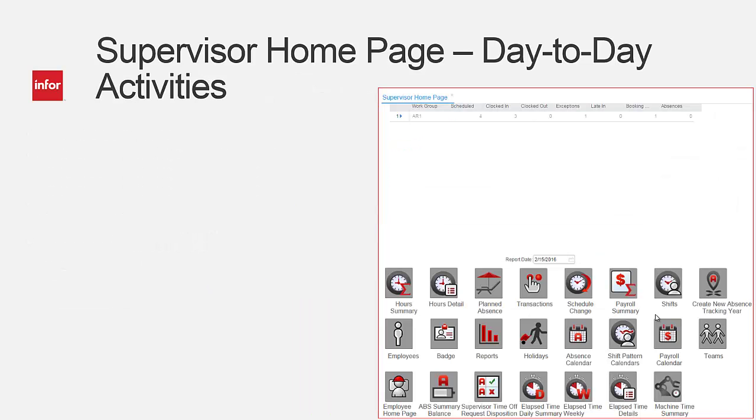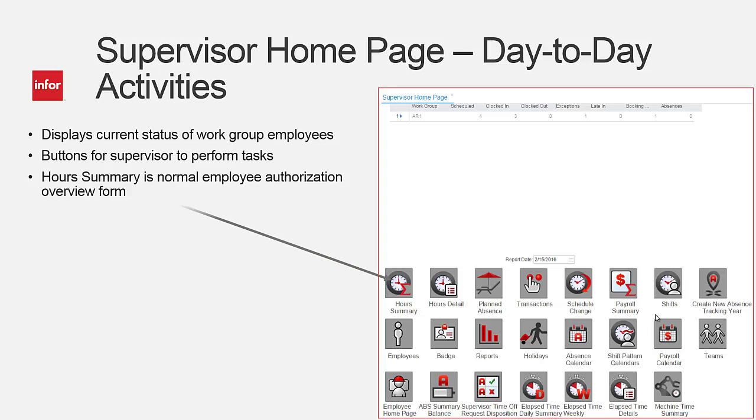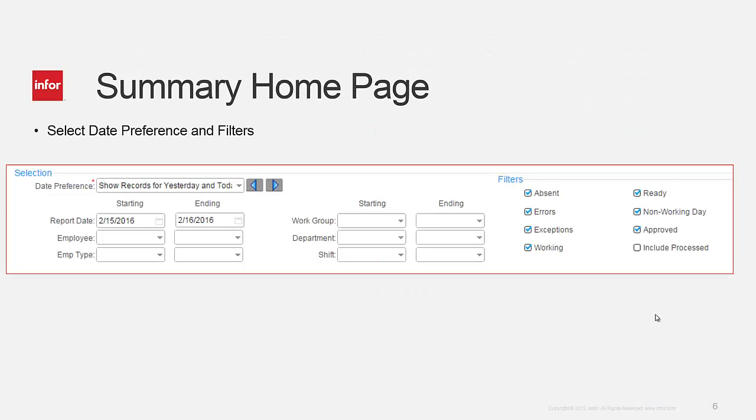If we look at the supervisor homepage, the day-to-day activities. This displays the current status of work group employees and buttons for the supervisor to perform their tasks. The hours summary is the normal employee authorization overview form and is the one that we will be concentrating on for this video. If we look at the summary homepage, we select the date preference and the various filters,